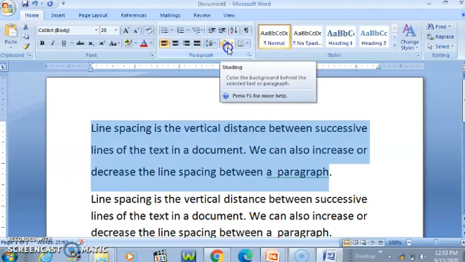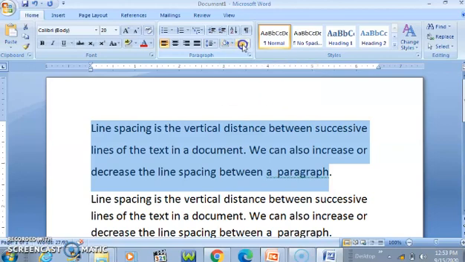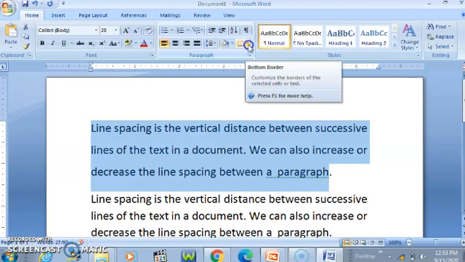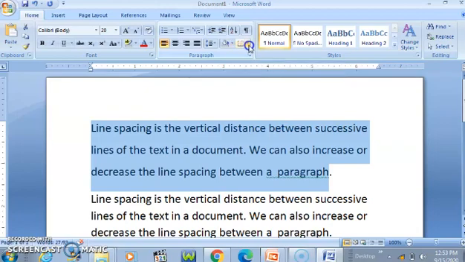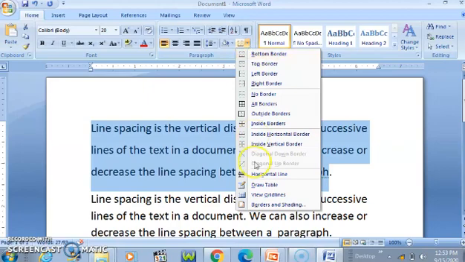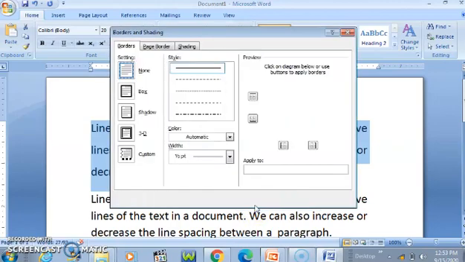Then select the borders and shadings option. Now let's see what is border and shading option. This is shading option and this is used for border. Now click on the box under the settings section. Here click on borders and shading.